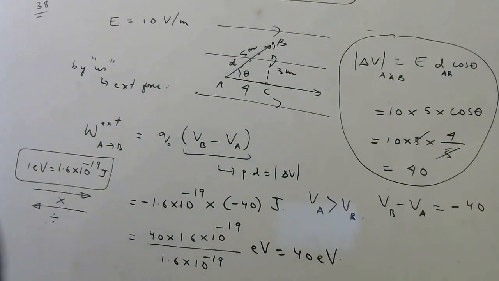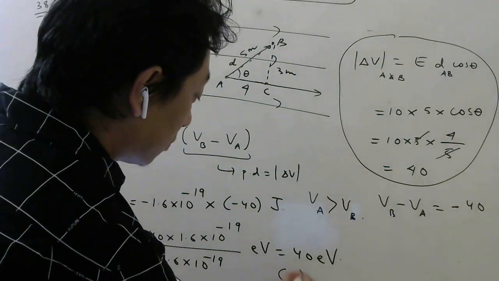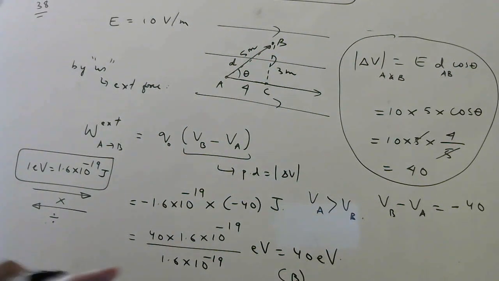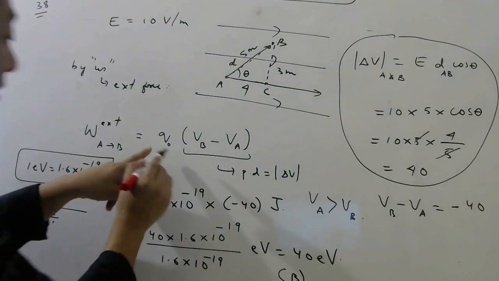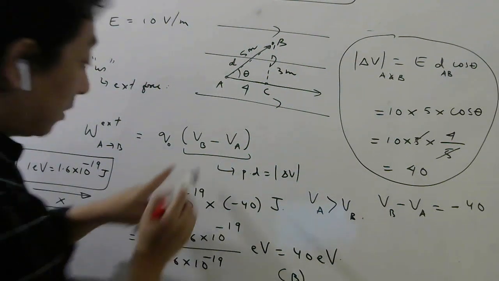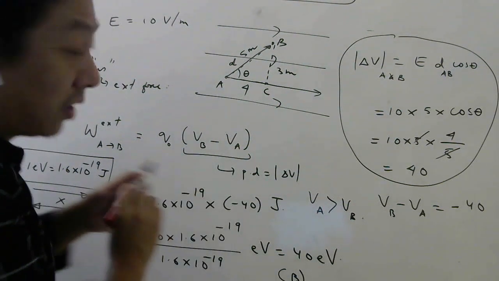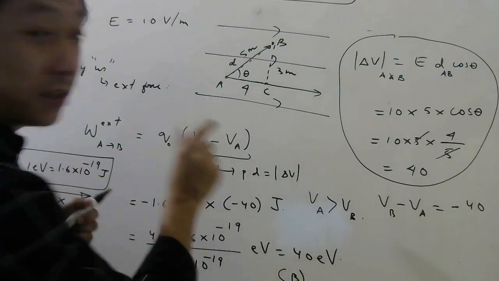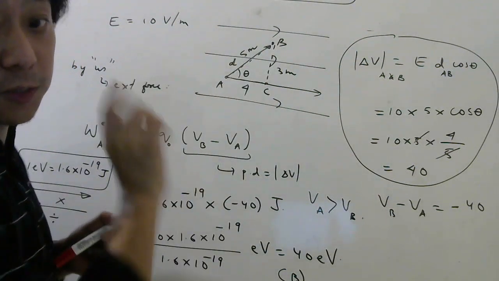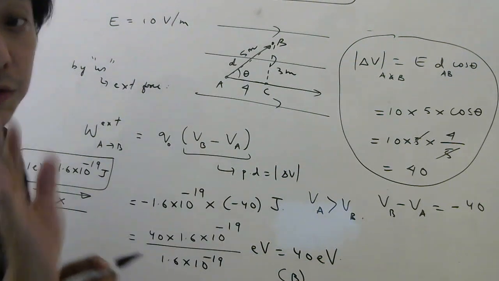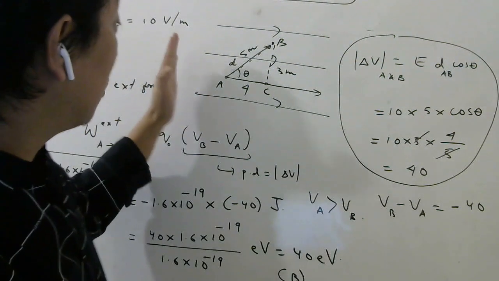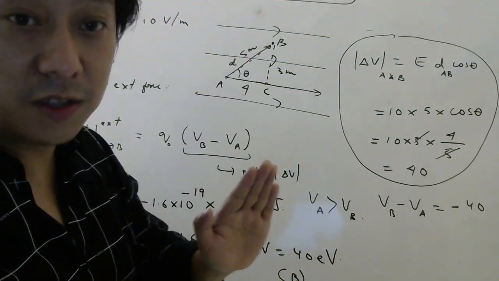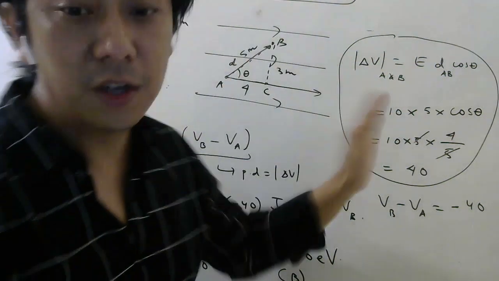Okay, which option does it match with? So it's not minus 40 eV, it's plus 40 eV. So option B. So when in the options it is very clear that negative sign is also there, positive sign is also there, in such questions you have to be very careful with the sign of the charge which is moved, and the difference whether it be positive or negative. And I've already told you how to find the potential difference between 2 points when the electric field is uniform. Always use this formula first. Then the sign you can decide by checking how the electric field is going. And you always know electric field is from higher potential to lower potential. Okay.